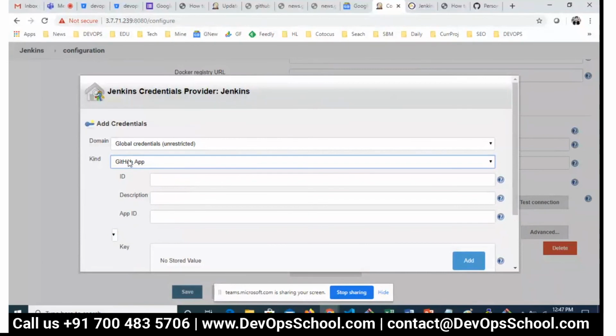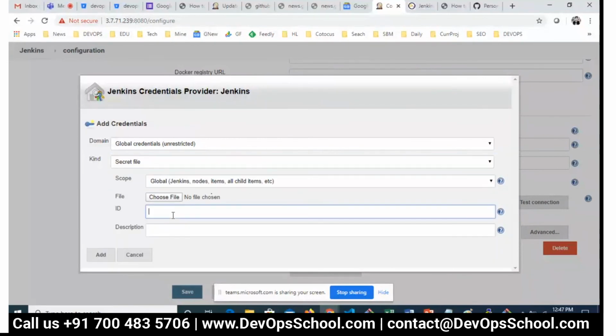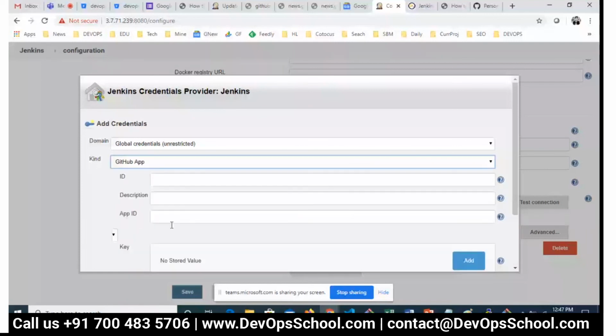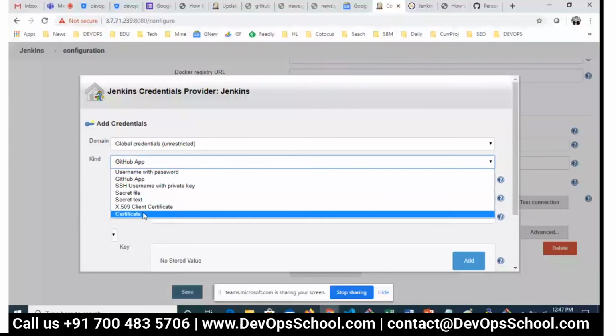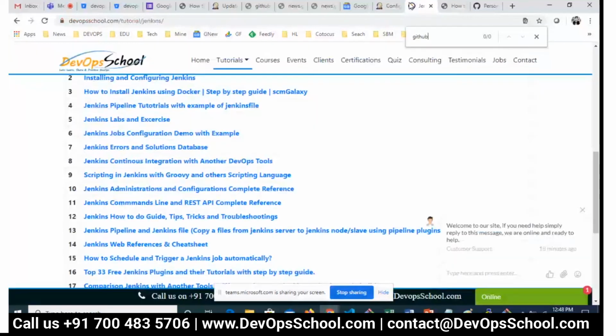Just a second. So this option, it should be with a token. There's an option, but I'm saying, can I adjust somewhere else also? Secret ID. I think this also we can use. GitHub app ID, I don't have it right now. And certificate, there is no question about it. Okay, let me check that in the previous version of Jenkins, which you have used.